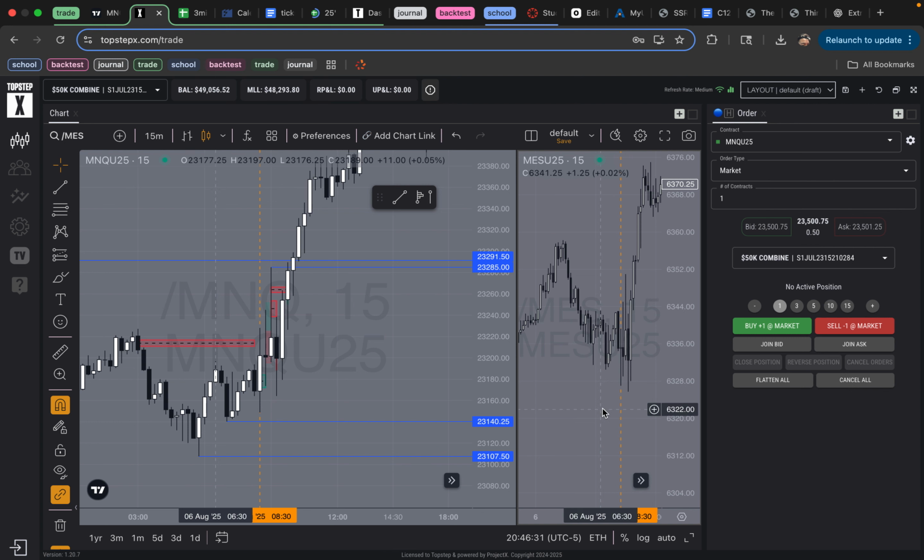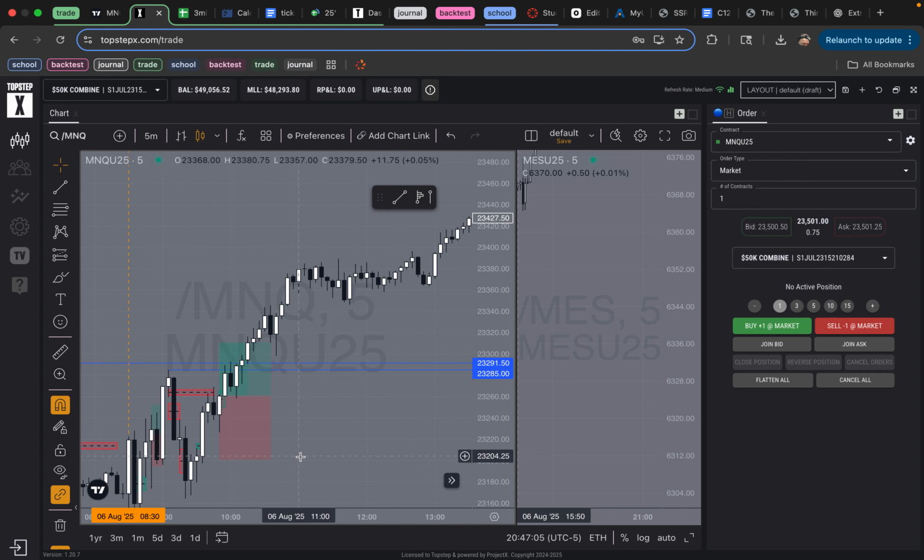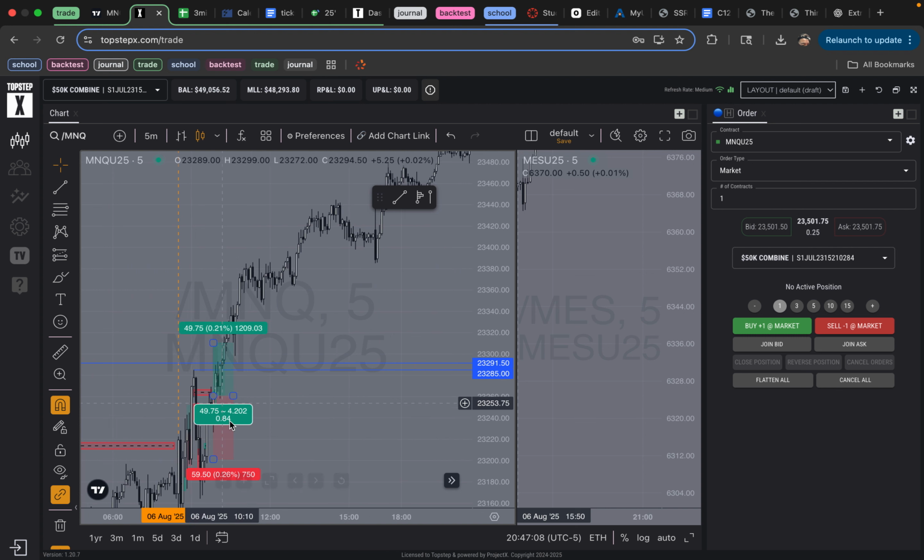Okay, looking like we actually might have an SMT, so this low and this low. Okay, yeah, we have an SMT. That is good. Yeah, this one right here. So let's say I took a trade using my actual strat. My stop's below, something like this, probably. Pretty big stop. And let's see how far we ran up till 320. 320 right here.